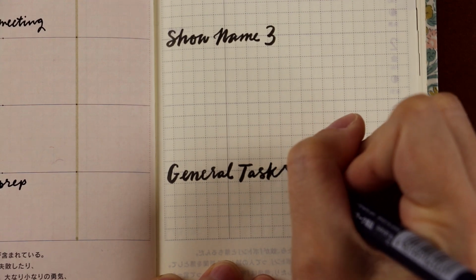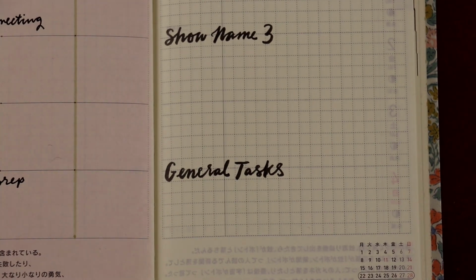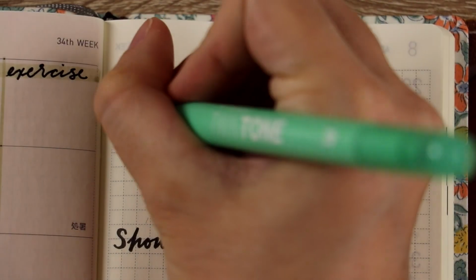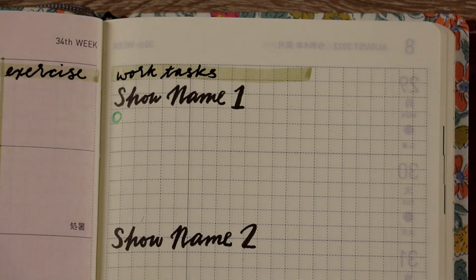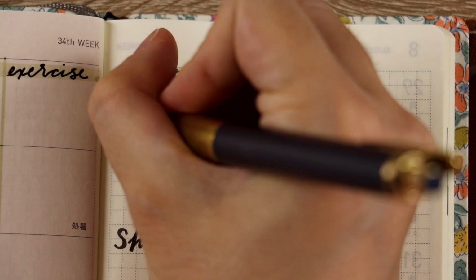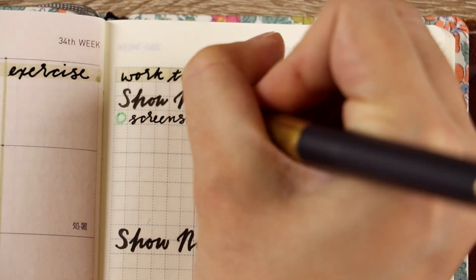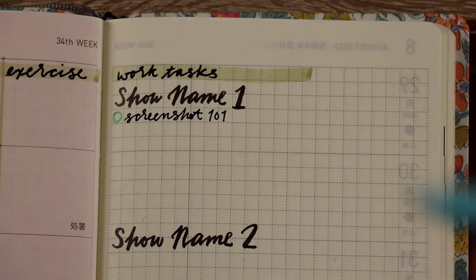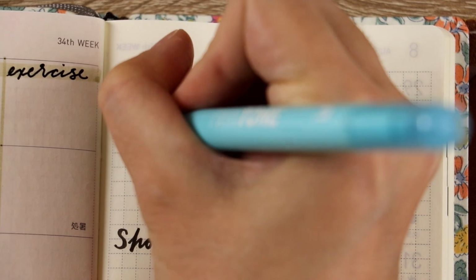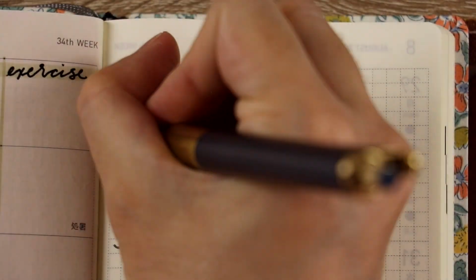And I don't always need to leave as much room for that because most of the work I'm doing is project specific. And then it's time to start writing out the tasks for each of these projects. So I use the skinny end of the two-tone marker to draw a circle. I use circles instead of boxes. And then I use the thinner 0.38 Uniball one in the Sarasa Grand, and I write out what that task